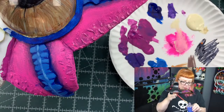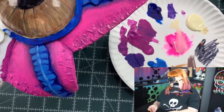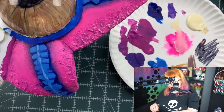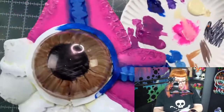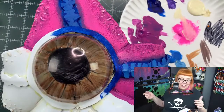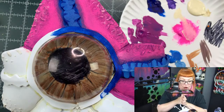And we do have some more that we can do to this eyeball. So I'm going to talk to you a little bit about the eye. Starro's eye is digitally created in the movie. Okay, so we don't have the ability to do that here. It would be nice. But what we have to do is layer this much like an animation cell from